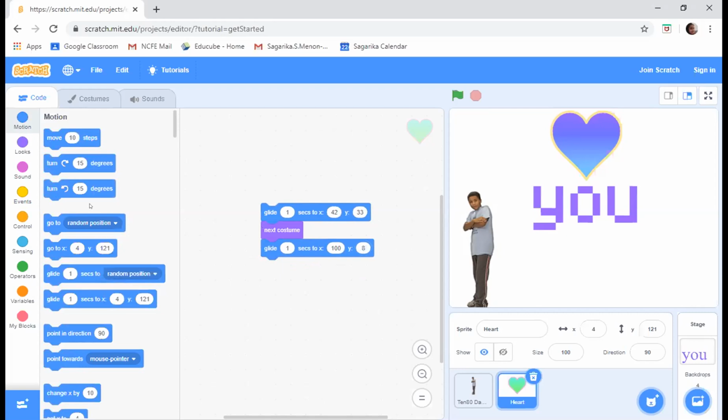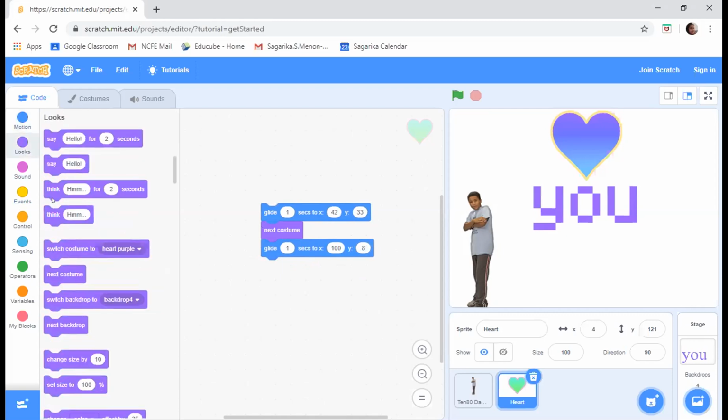Then again go to motion. Rakshita, you are able to do it, correct? Yes, sir. I've done it. Okay, now put next costume. How about you, Krish? Now again go back to motion.